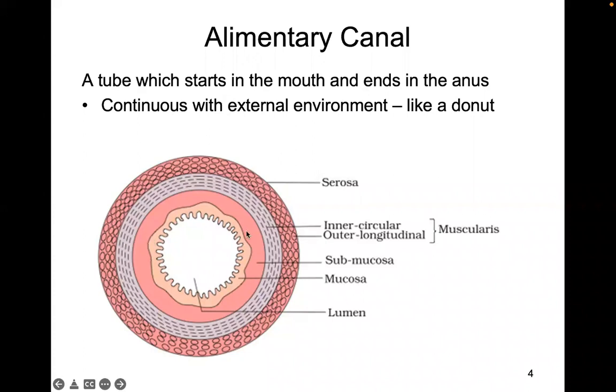At the same time, we want to get rid of some things, or I shouldn't say that. We should help break things down by using things like digestive enzymes, things that break down proteins, carbohydrates, lipids, and bicarbonate that helps neutralize very acidic things. And to do that, those chemicals all pass through the mucosa from the digestive tract into the lumen, into the food. So that's really the function of the mucosa.